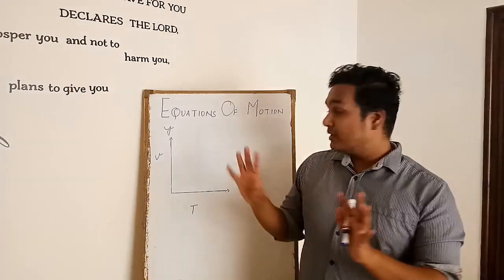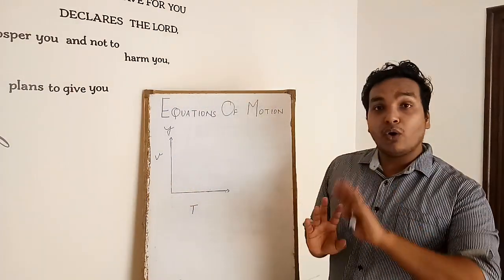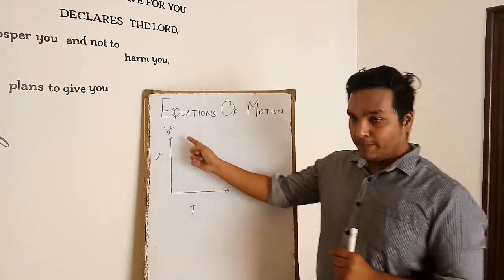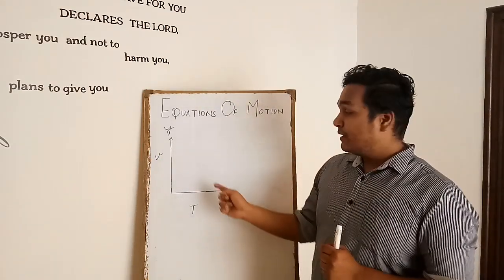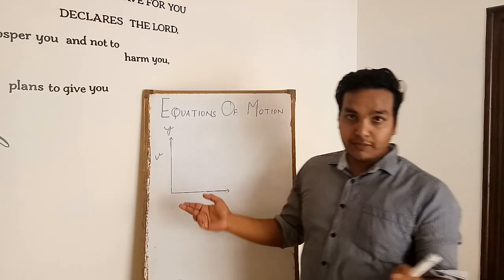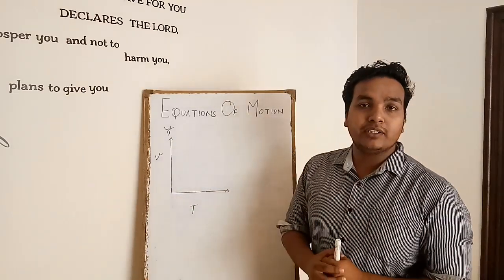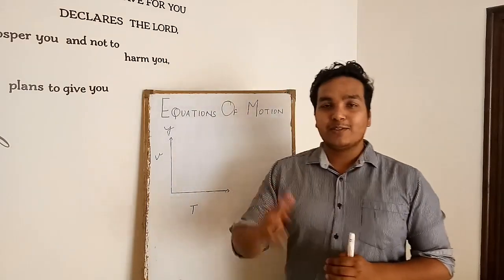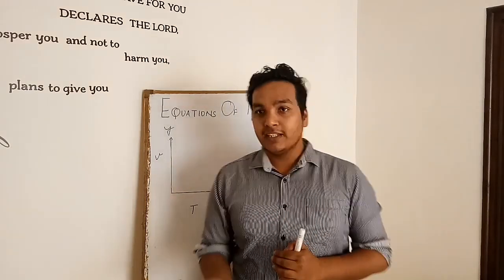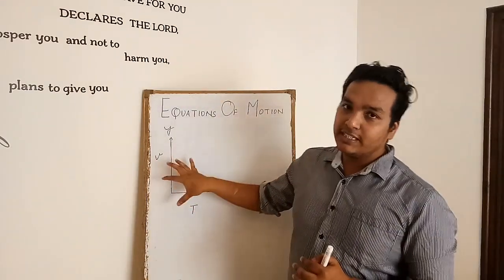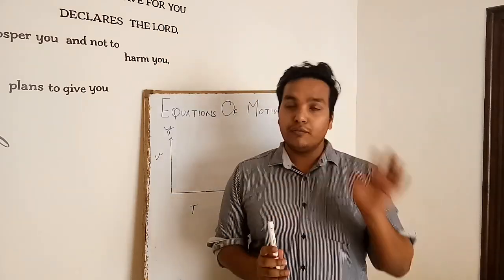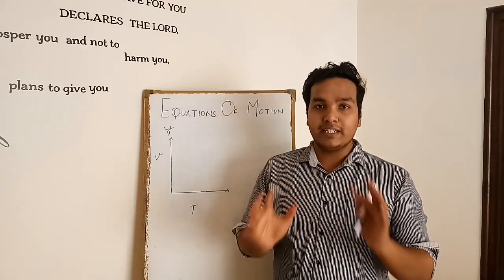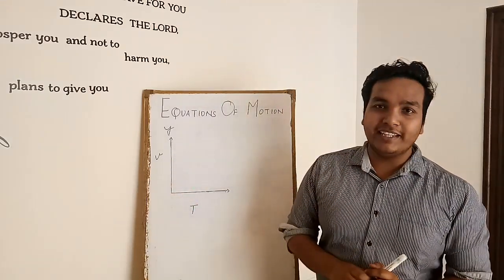But when we talk about the velocity time graph, we can find all four things from this graph. We can find velocity, we can find time, and we can find acceleration with the help of the slope. Slope is acceleration, and the area under the graph is displacement. So we can find all four things with the help of the velocity time graph, but we cannot find all four things with either the displacement time graph or the acceleration time graph. That is why we use the velocity time graph.